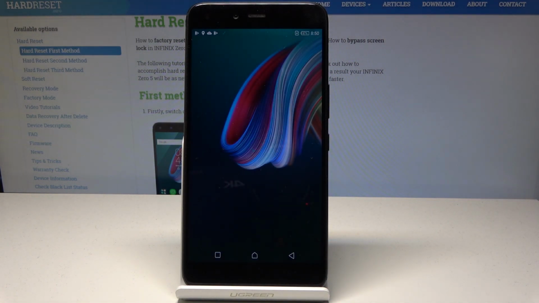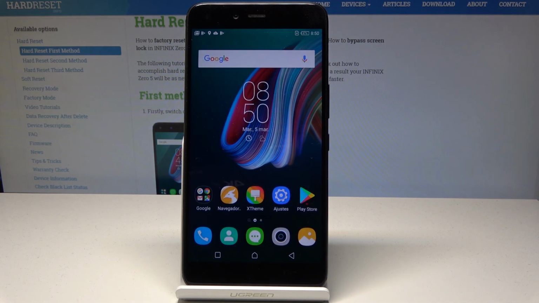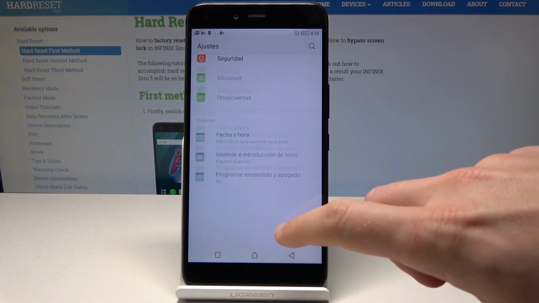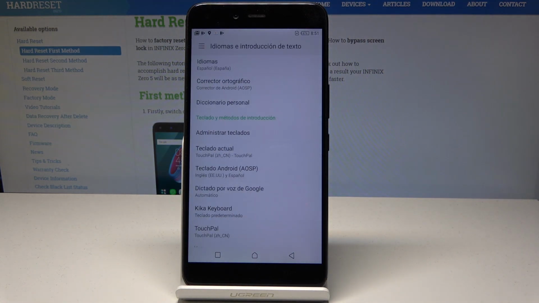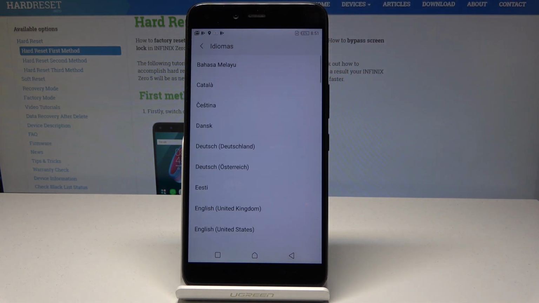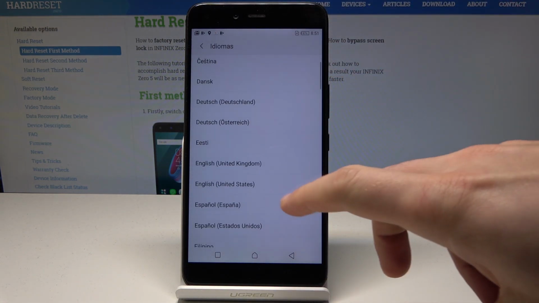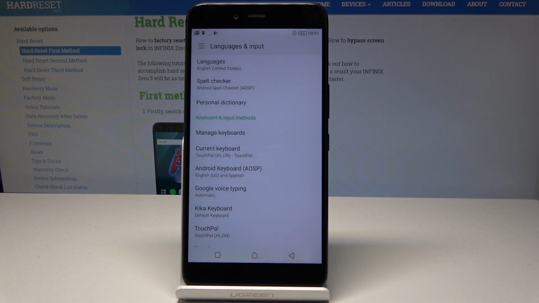If you would like to go back to the previous version, to the English one, let's choose Ajustes, then choose Idiomas y Traducción de Texto, tap Idiomas again, and from the following list, let's choose English, for instance, from United States. That's it,